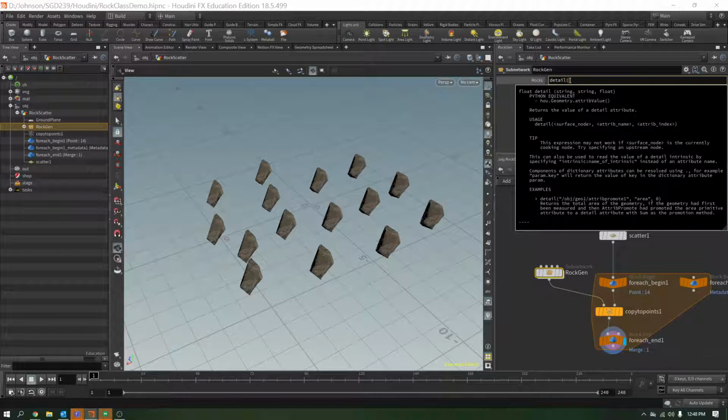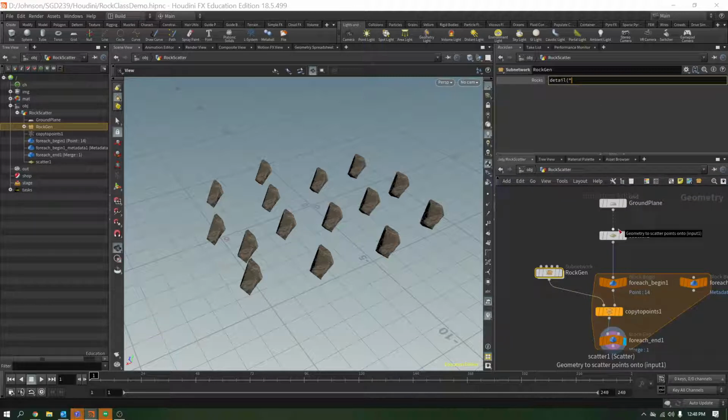And we set this up by first telling it which detail, like where are you getting this from? We are going to get this from, and this is in double quotes, and I'll post this line of code in the project because it can be a little bit hard to see. It can be a little bit tricky. The detail we're looking at is on that for each begin metadata node. It's coming from here. So we're going to type